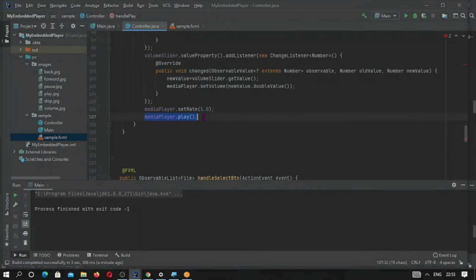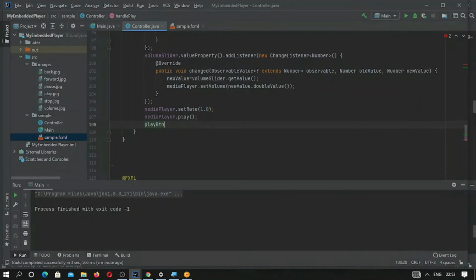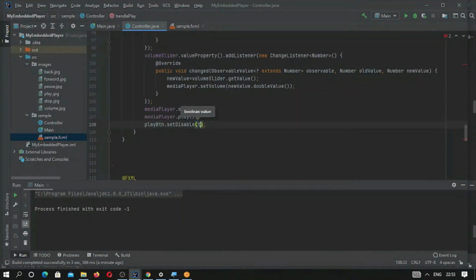So what we have to do, play button dot set disable, and this should be true. As soon as we press the play button, the media player should be on, and the button should be disabled, because on that condition we only have to do either back, forward or something else except play.